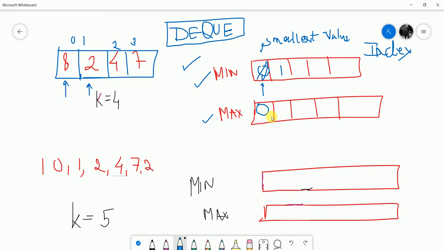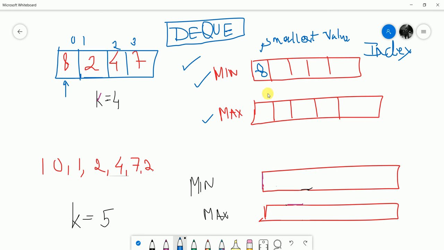And in case of the maximum DQ, we'll continue to pop the back of the DQ until we have pushed off all the elements that are smaller than the present element. Let's consider the values first; we'll go by the indexes later.